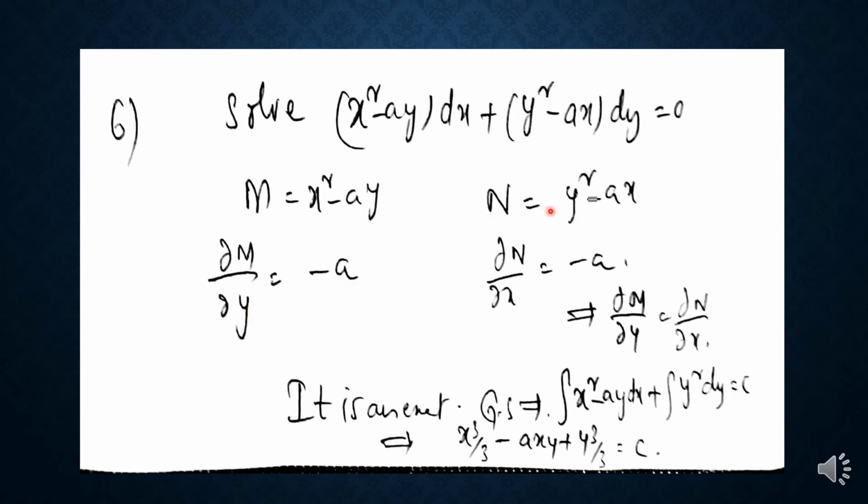And N is equal to y² minus ax, that is ∂N/∂x is equal to, here y is the constant, ∂/∂x of y² is 0 and minus a into ∂/∂x of x is 1, so that is equal to minus a. Here ∂M/∂y is equal to ∂N/∂x, so it is an exact differential equation. So for this the general solution is